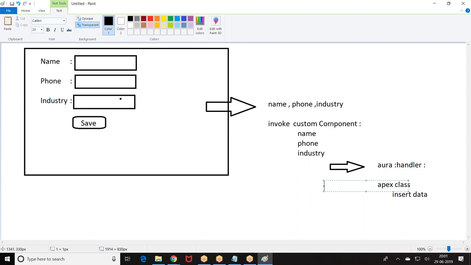Insert the data. Create an Apex class which will take the data name, phone, industry. Insert the account record and give the status success or error.